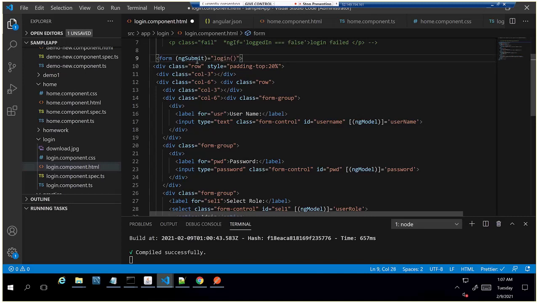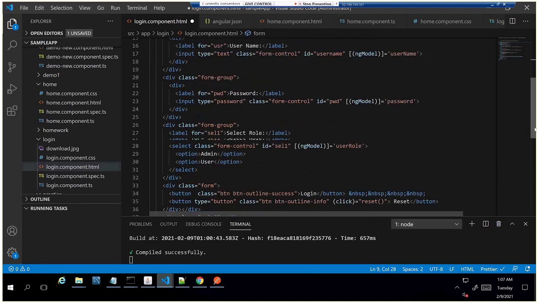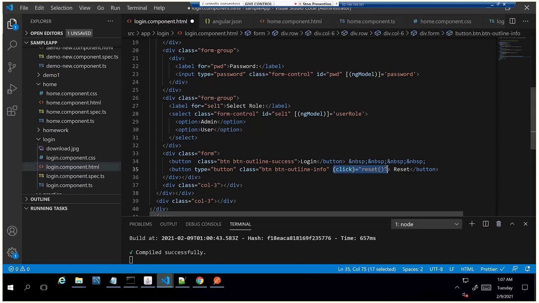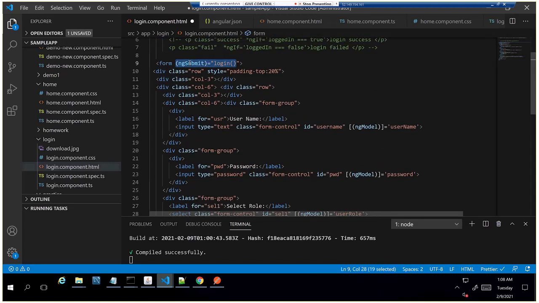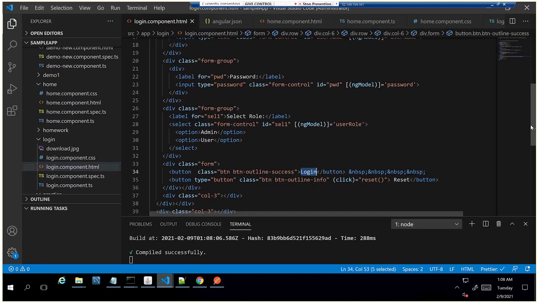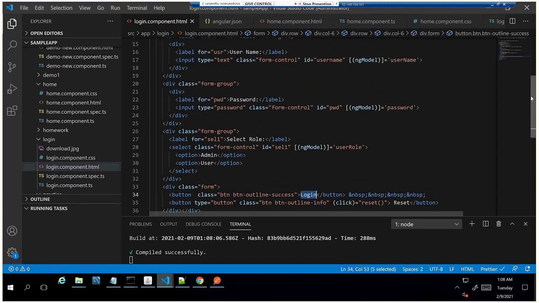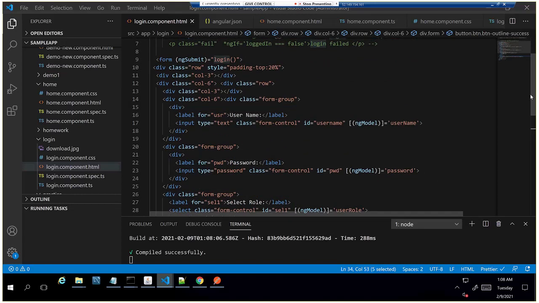For the reset button, we are explicitly calling the reset method, but for login, we are not doing anything here, and it automatically submits the form by using this method. So on submit of the form, we are calling the login method. Now we'll see on click of this login whether it is going to submit the form or not, and after that we'll add some validations here.